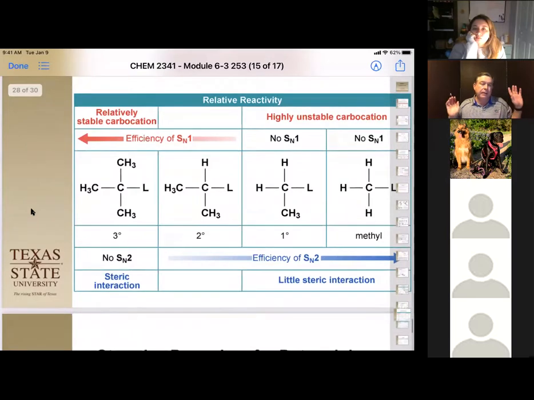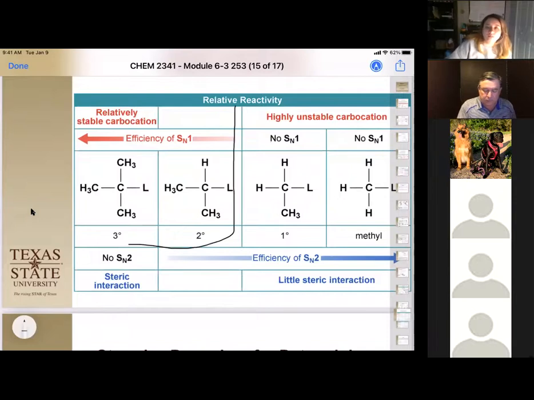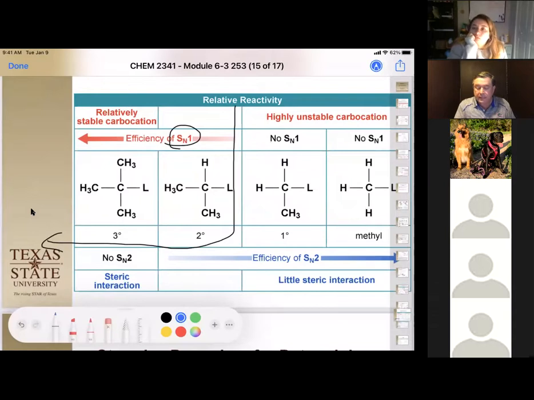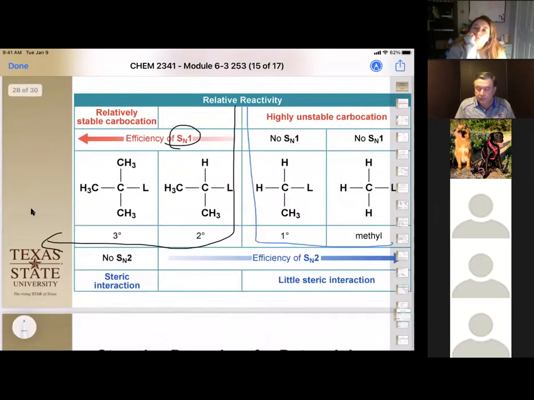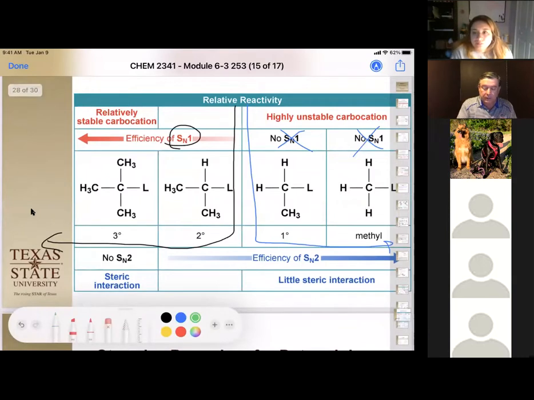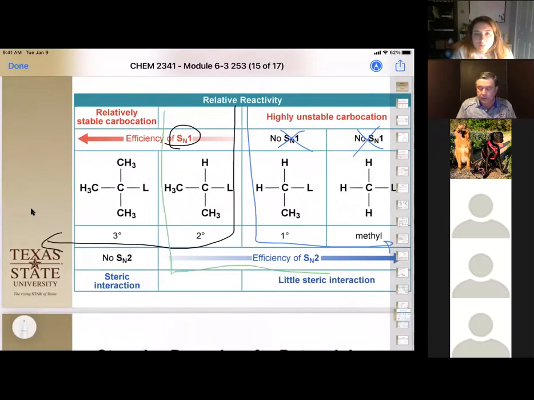So I think we can also look at this from a table perspective, in that we can form carbocations in the primary and the secondary. They're fairly stable, which means they're available for SN1. Now, these cannot form stable ones, so they don't do SN1. Now, all of these, if there's not too much sterics in the way, and we use the right solvent, we can do SN2,